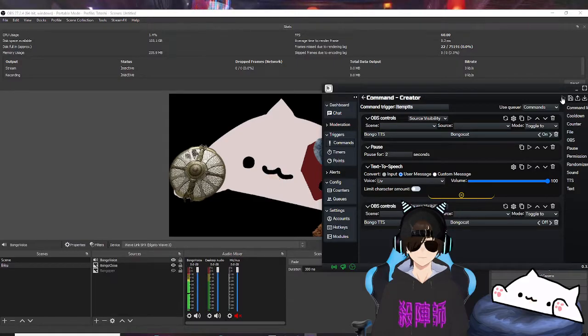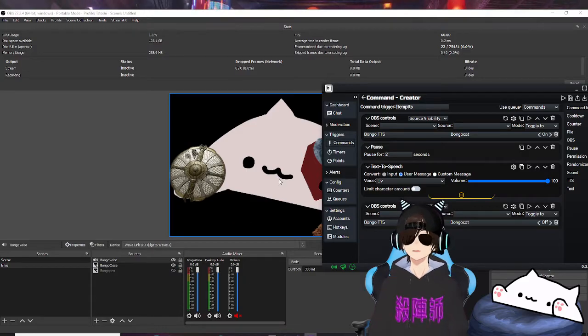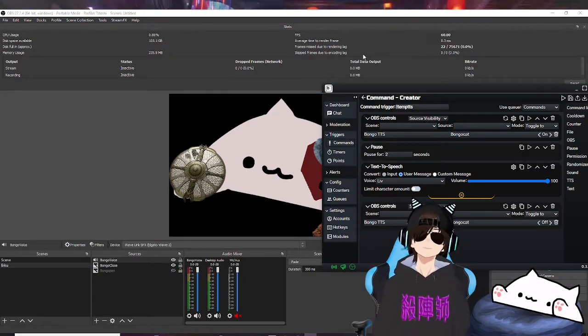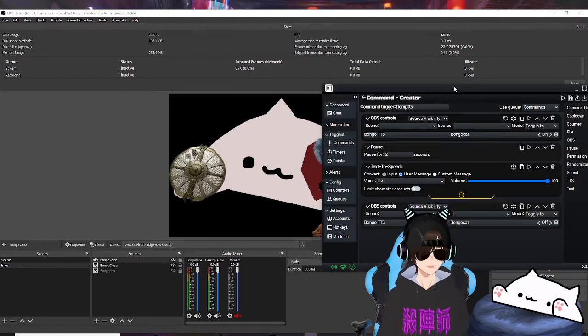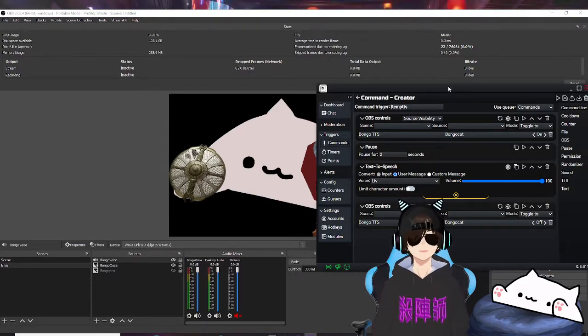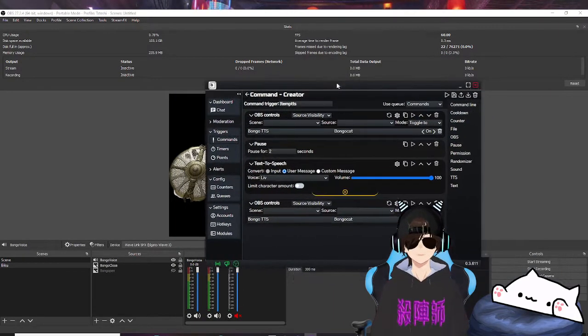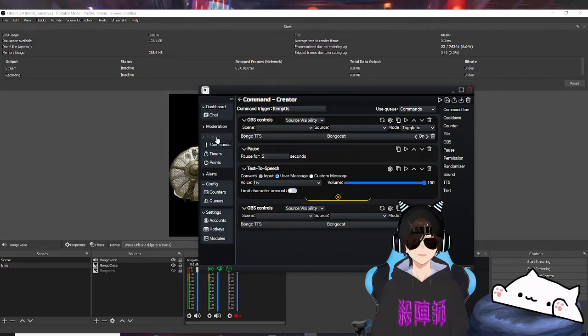This is a test. You see the audio going through OBS, you see these two moving, and you saw the lips move. Congratulations, you've now set up the bot. However, this is not the end of setting up the bot. In order to set up the bot to work like that, what you'll need to do is come over to